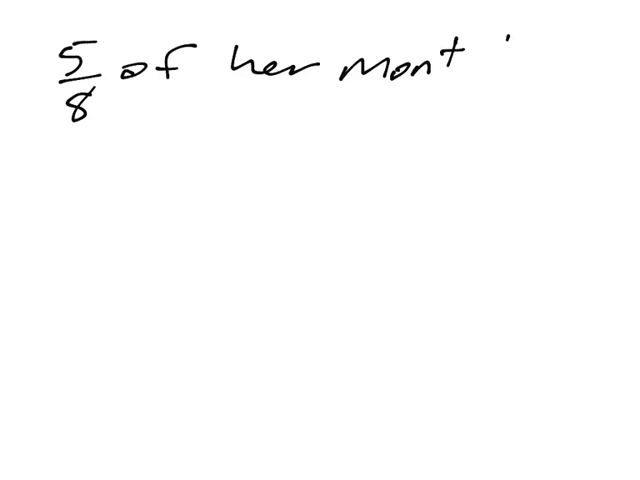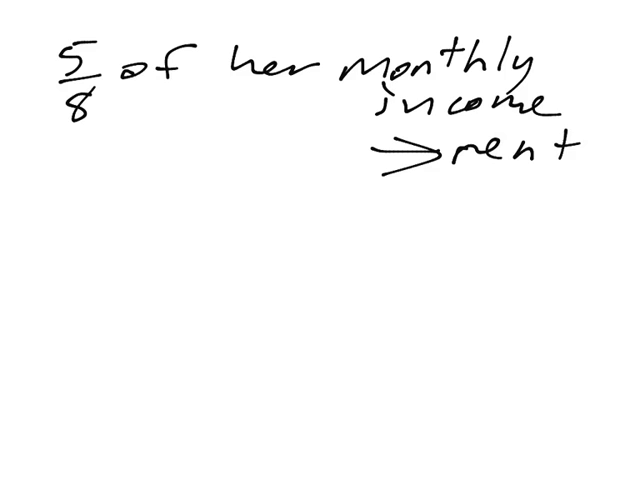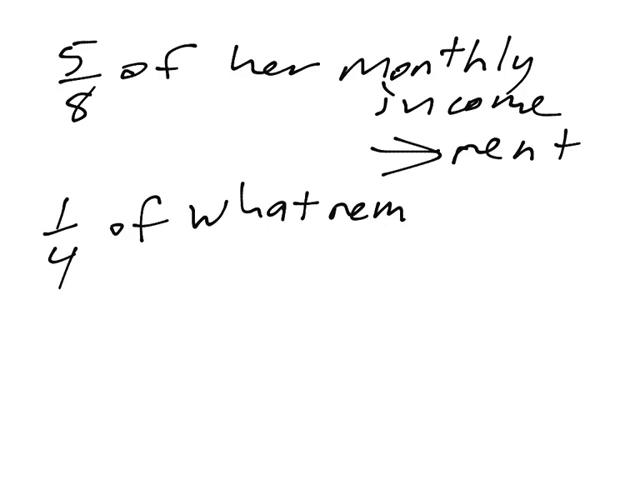So the problem reads that Karen spends 5/8 of her monthly income on rent, and then 1/4 of what remains on her dog. Now I'm going to underline that